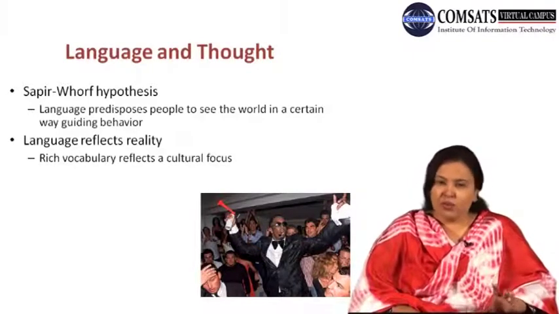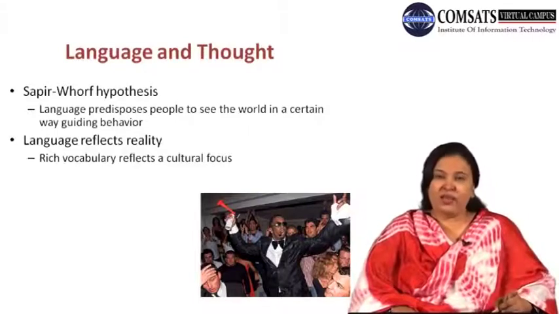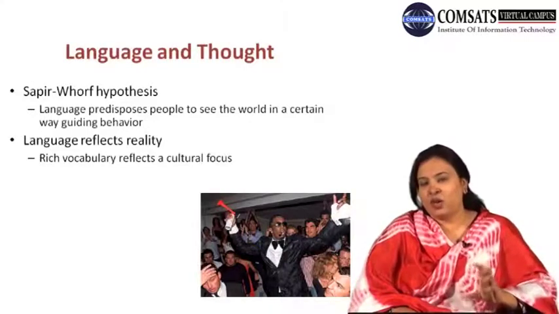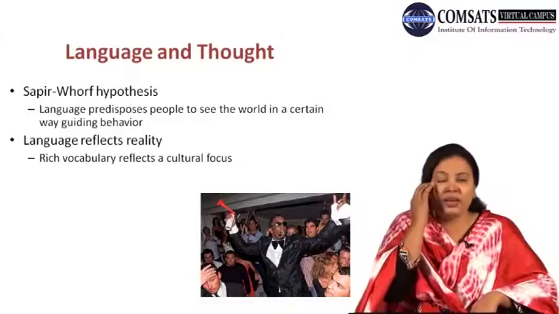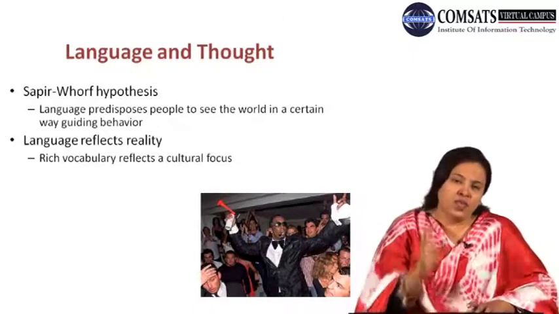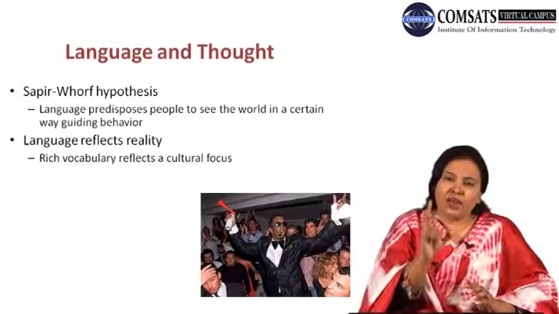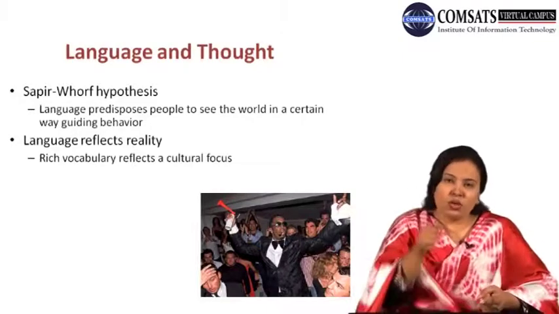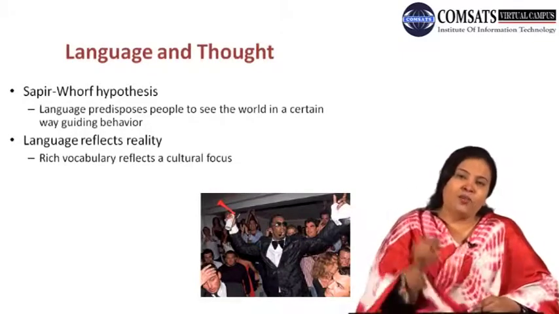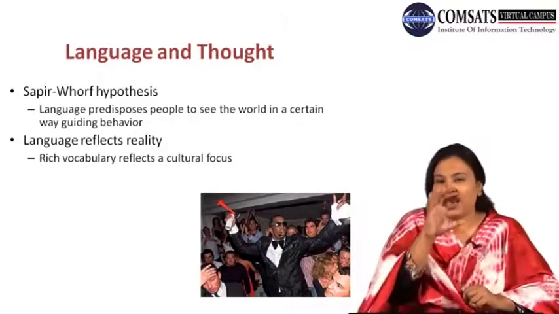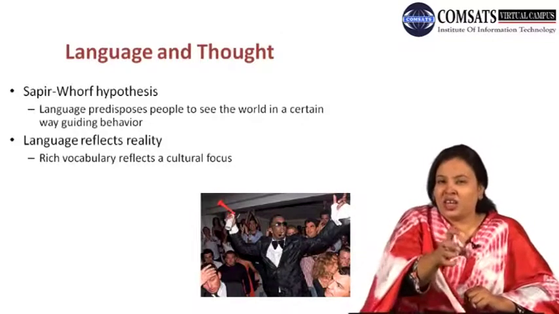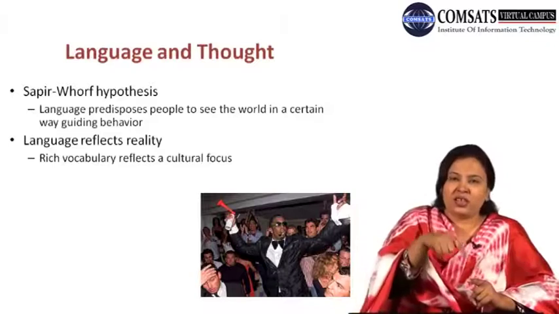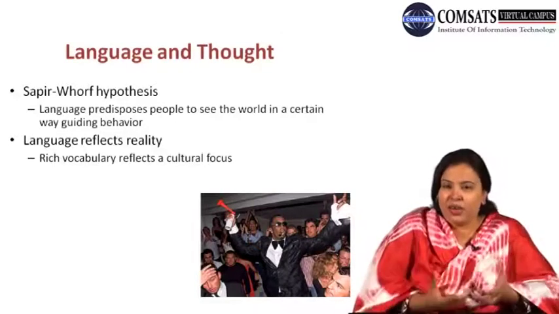For example, if you learn the language of a society, you will see that society within the framework defined by that language. So language is the defining thing for a society. If I am going to learn an Indian language, I am going to observe Indian culture within the framework of that language. If I am going to learn the Chinese language, I am going to see Chinese society within the framework of that Chinese language. Because according to Sapir-Whorf, language restricts us to think about a certain culture or society within a certain framework, and you cannot go beyond that.